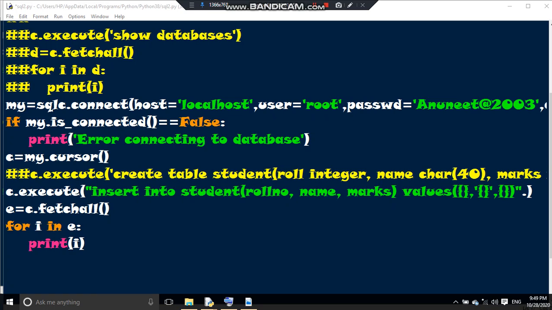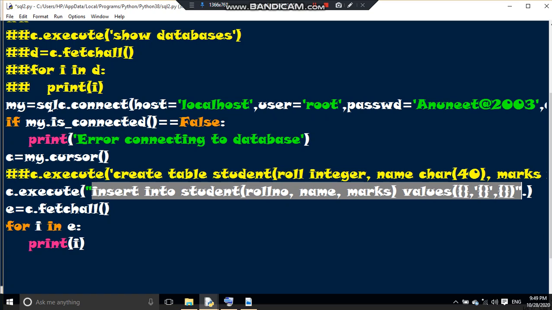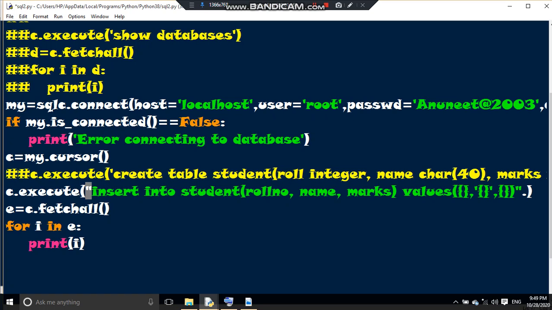So you have to write like this: the integer types should not have a single quote, and the name type, that means the string type, must have a single quote before these brackets. And also, it is an important fact, you have to write this insert statement in double quotes,